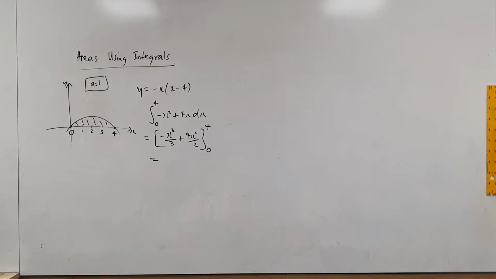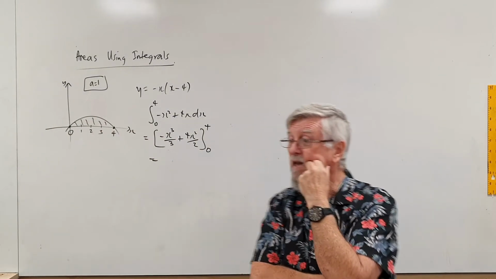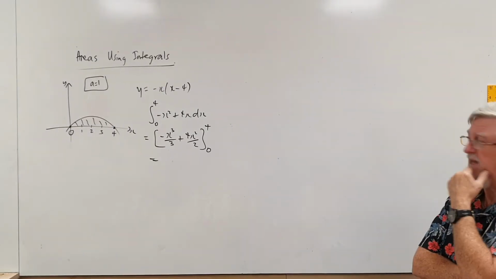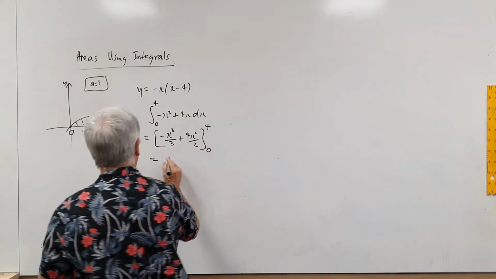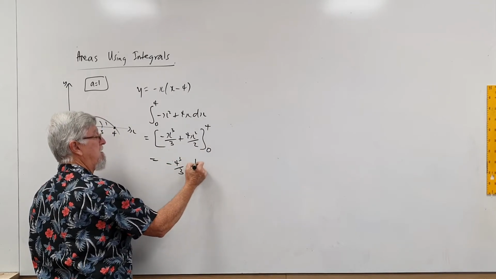Anti-differentiating. So what are we doing when we're anti-differentiating? We're substituting two numbers. What numbers are we substituting? X values. Which two for this one? 0 and 4. So we substitute 4 and we get a minus of 4 cubed on 3 plus 4